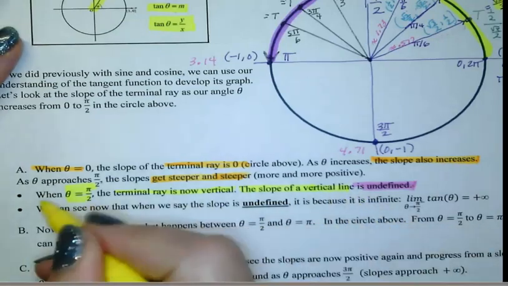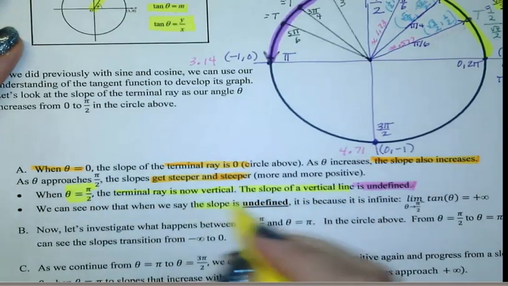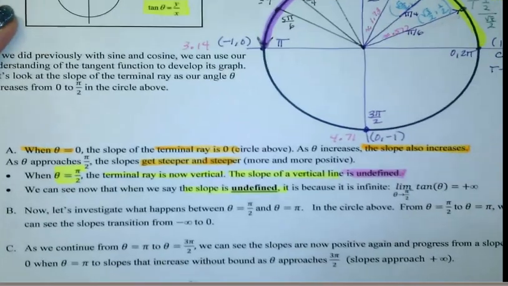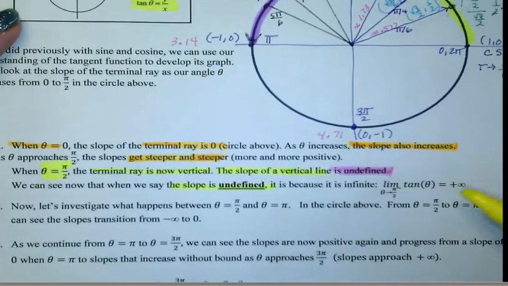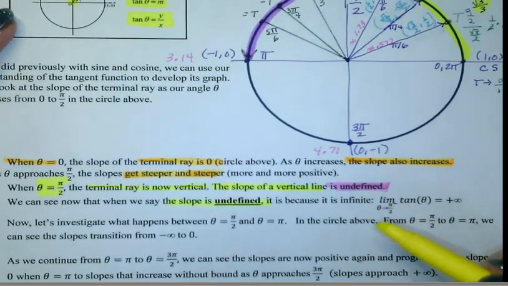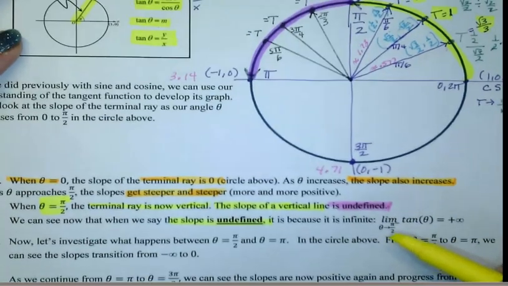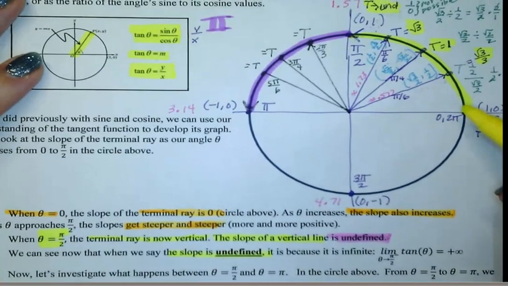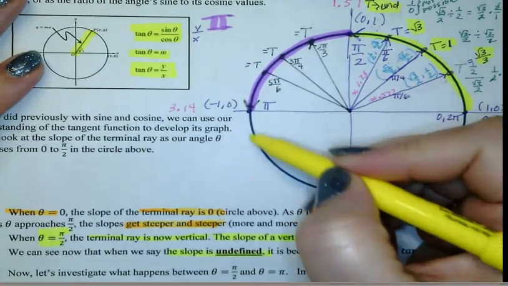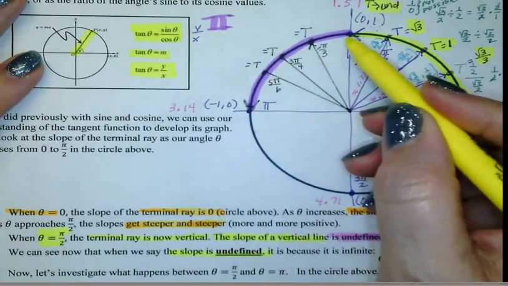And so if you are looking at saying the slope is undefined, we can tie this back to our limit notation. So the limit as theta approaches pi over 2, excuse me, from the negative direction. So we're starting here, we're working our way around here, we're going to go around here, and we're getting up